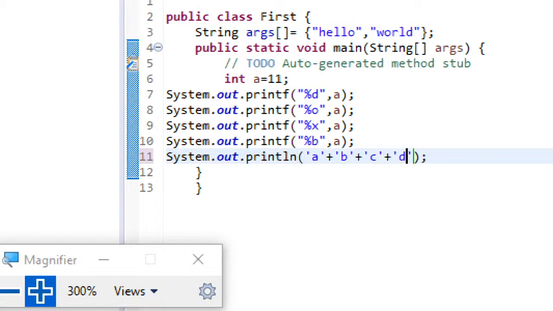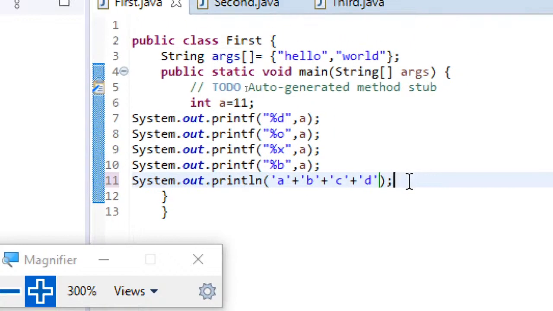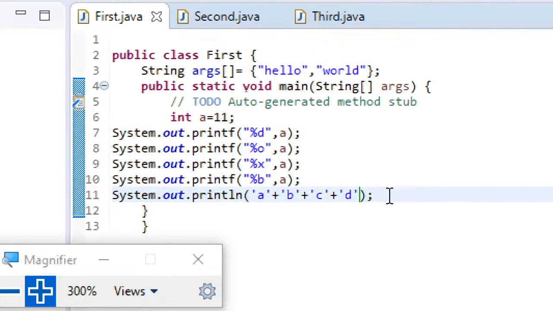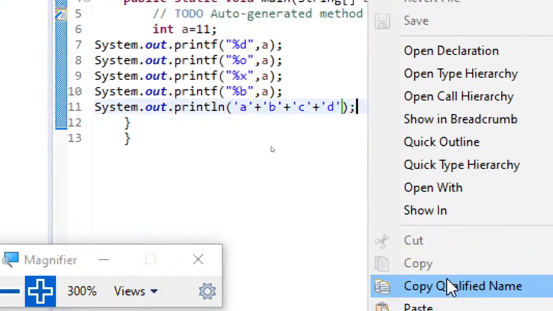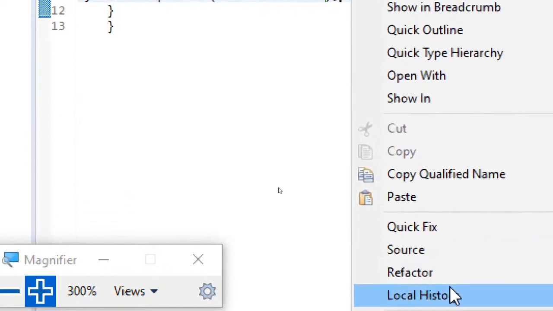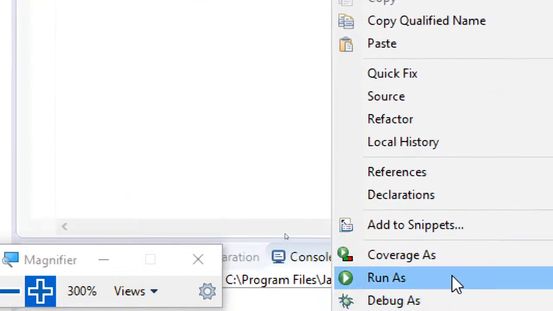Any guess? I want you to think of the answer. Many of you might think the answer is going to be the concatenation of these characters, a plus b plus c plus d. Now let's see what the output actually is.